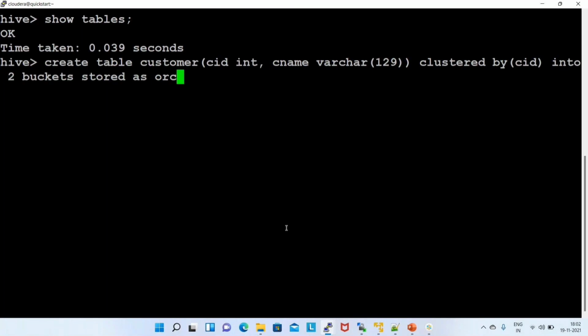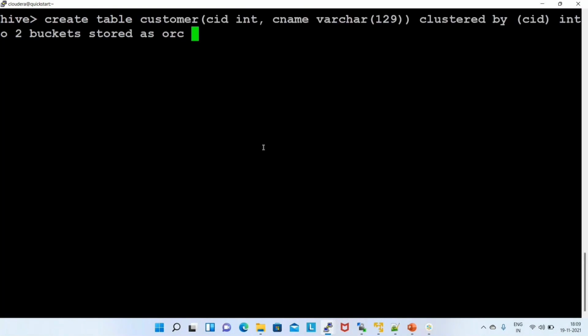Whenever we want to execute DML commands, we have to specify stored as ORC. Then TBL properties, that means table properties, transactional equals to true.